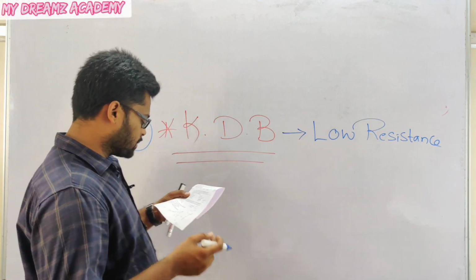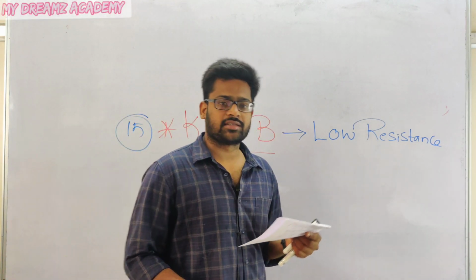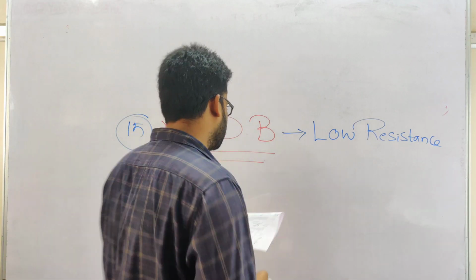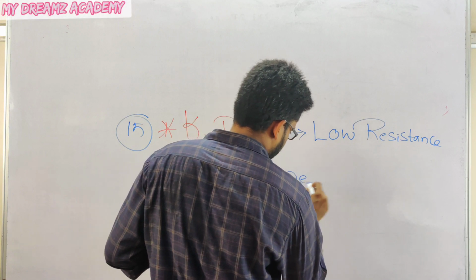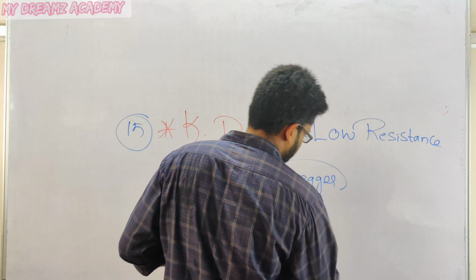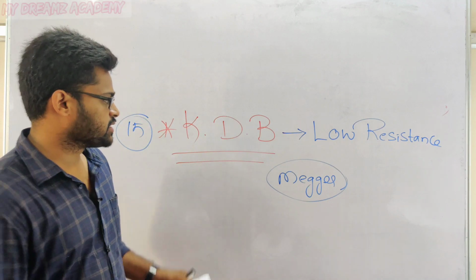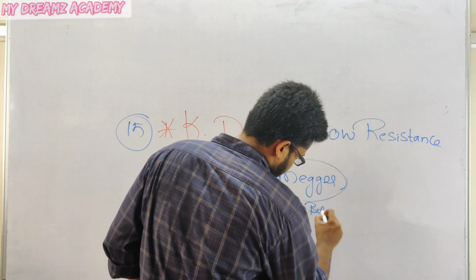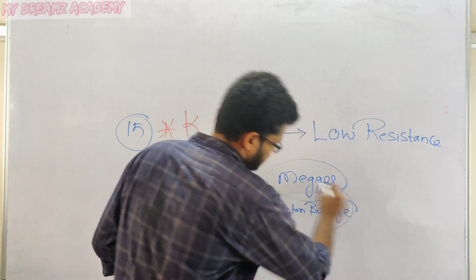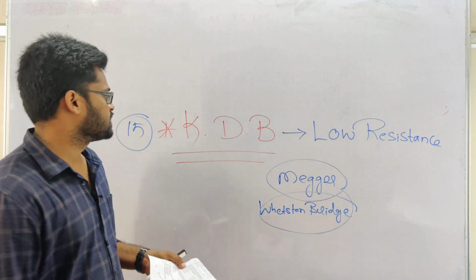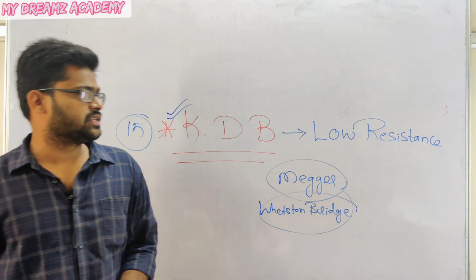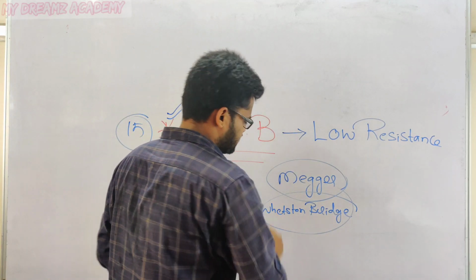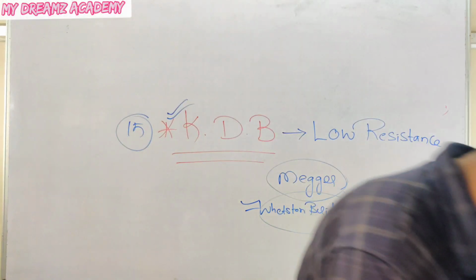The remaining other options are high voltage and high resistance. Which device is used to measure high resistance? That is the Megger. Megger is used to measure high resistance. Next one, medium resistance, that is the Wheatstone bridge. Wheatstone bridge is used to measure medium resistance. Similarly, low resistance: Kelvin's double bridge method is used for finding low resistance. Next one, medium and high resistance, that is Wheatstone bridge only. Next we are going to see the 16th question.